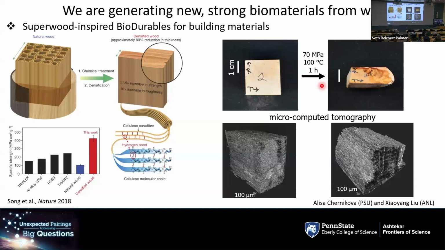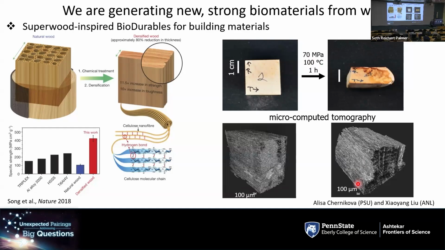She's recapitulated this sort of densification, and you can see a block of wood on the left that's not densified. One on the right has been densified using what's called a Carver press at 70 megapascals, if you like numbers, and about 100 degrees C, so about the boiling temperature of water, for an hour. And we end up with this very dense substance that has high strength, but importantly also has a difference in